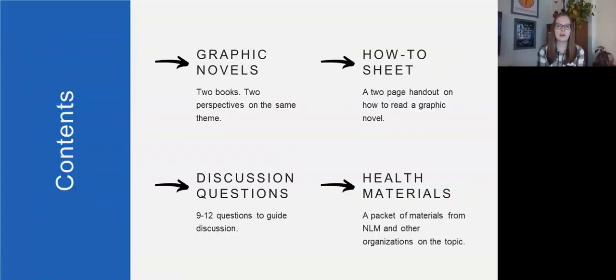We based our kits on the existing kits at NNLM NER, and those kits include one book per kit. We did decide to include 2 books in our kits, and we did that for a couple of reasons. The first is that we have a really robust book club program at our library. For adults, we have about 115 active book groups, and for the most part, these are people who